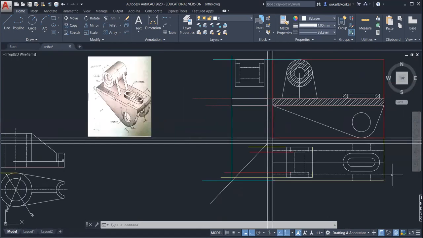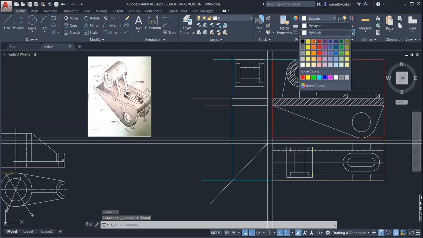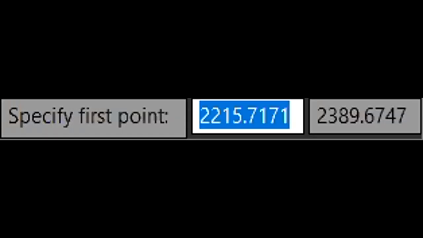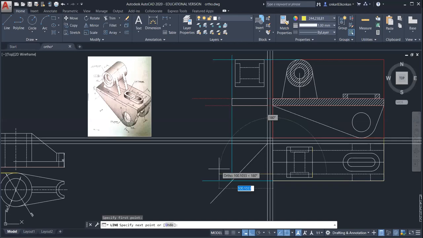So for this, you can take the projection from the top view. So from this point, draw this projector line. Similarly, from this point,